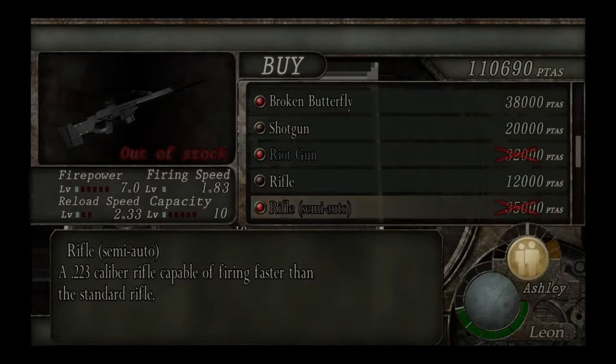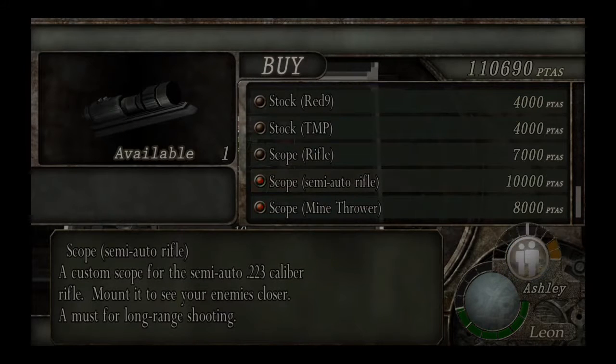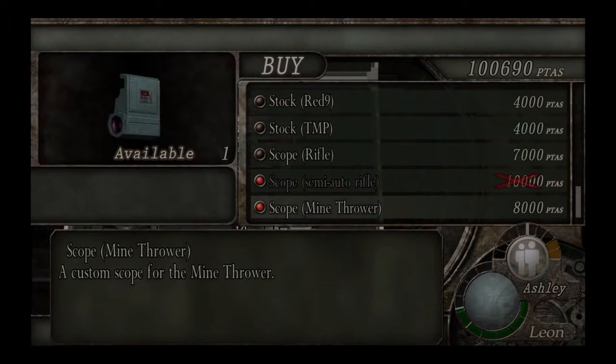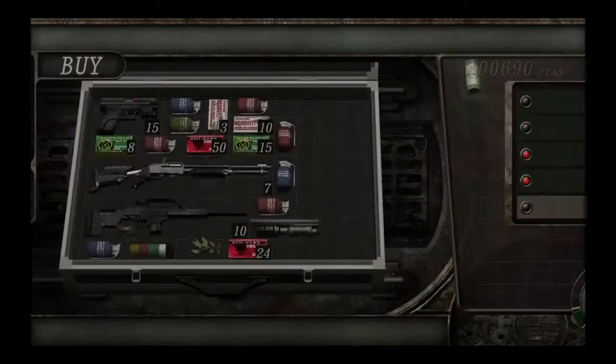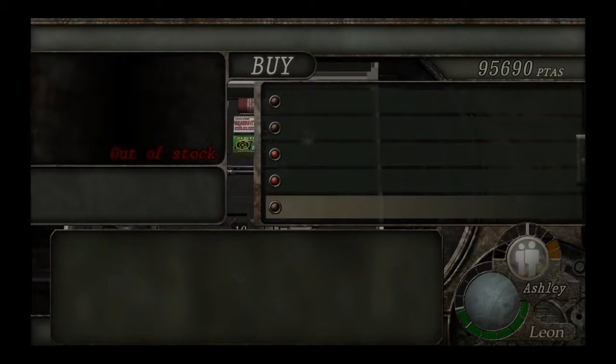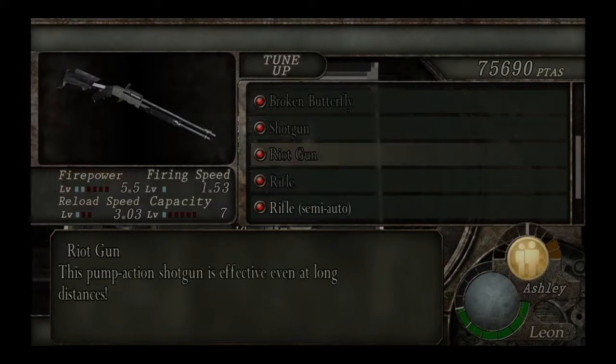As you can see, that's perfectly doing it, but you also have the mine thrower. I completely forgot about that. And the scope for the mine thrower. I personally don't like the mine thrower. I don't tend to use this. Make sure that you are equipping the scope to the rifle. Again, silly little things, but I always forget to do it. I'm going to buy a first aid spray just to make sure that I've got enough,